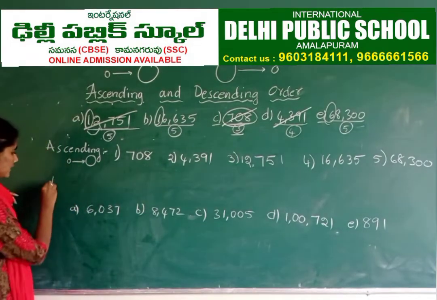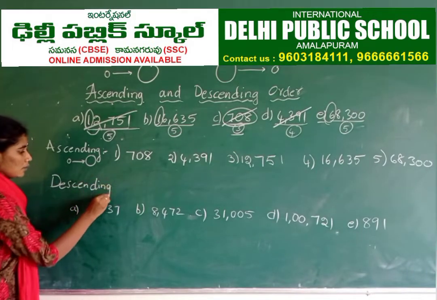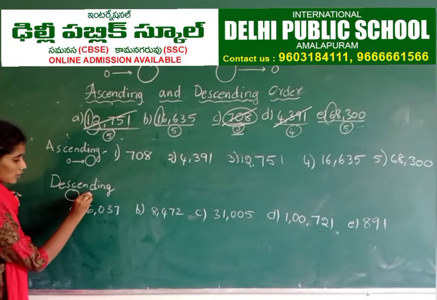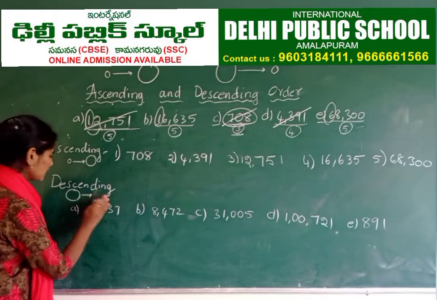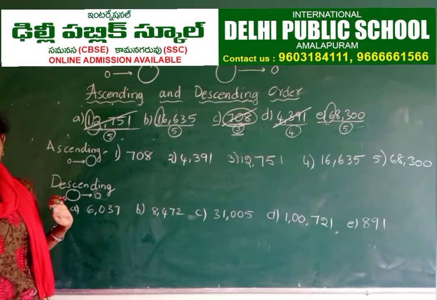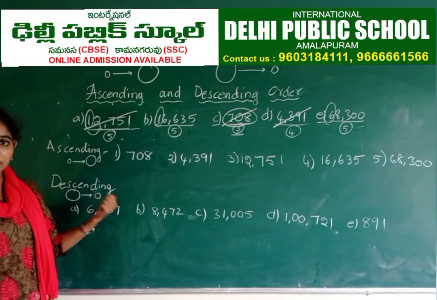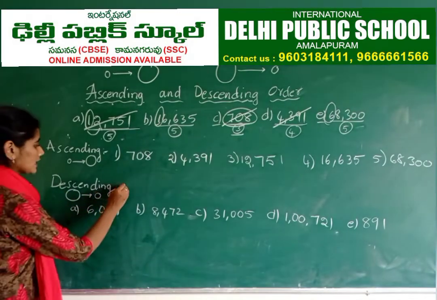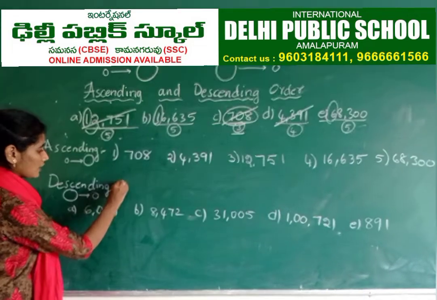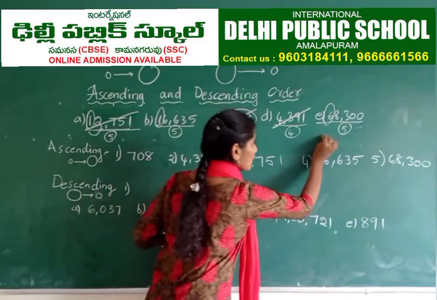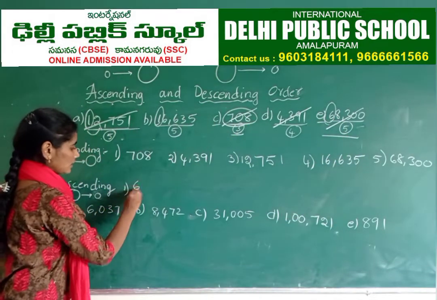If you write a descending order to the same numbers, what will it become? Descending order is nothing but big to small, right? So big number to small number we have to write. So as we have arranged it in ascending order, it will be very easy for us to arrange in descending order. See here, which is the greatest number in the question? Yes, you are right. The greatest number in the question is a 5-digit, that too bigger one, 68,300.